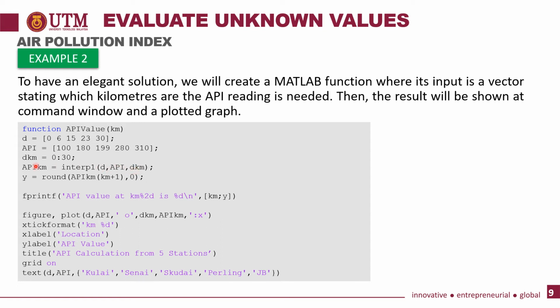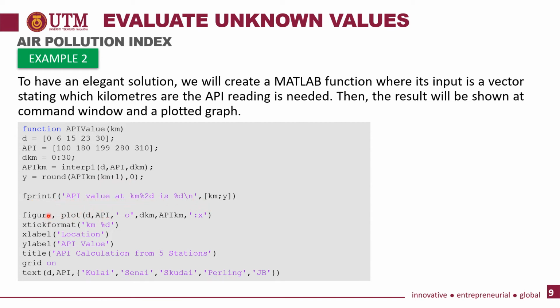You can see here that this function doesn't specify any method for interpolation, so automatically it will use the linear method. Then we round the number and print the value of API,